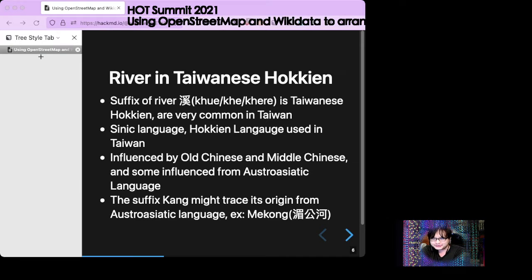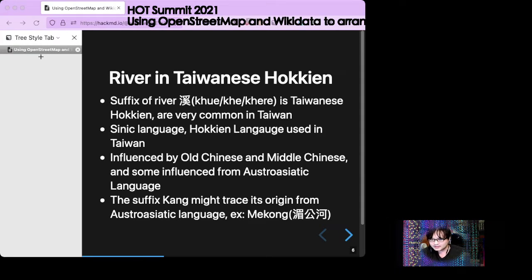Before we go further, we have to introduce Taiwanese Hokkien, because most rivers in Taiwan have suffixes originating from Taiwanese Hokkien. Taiwanese Hokkien is a significant language because it traces its origin to Old Chinese, with heavy influence from Middle Chinese, and there is some influence from Austroasiatic languages.